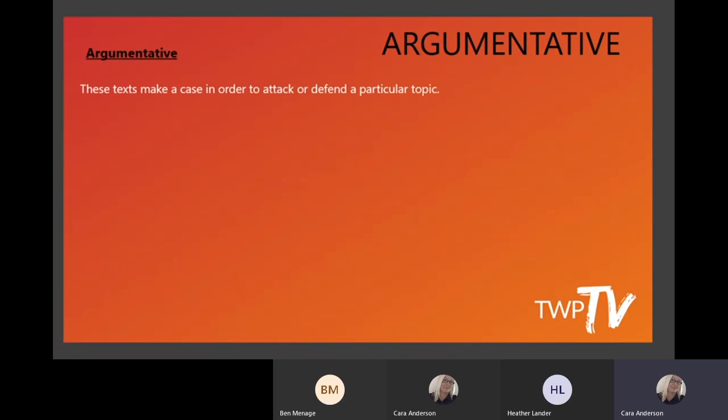these texts make a case in order to attack or defend a particular topic. So it's going to be based on a similar topic to whatever the other three texts are, but in this one, it might be defending the iPhone and saying how great it is, or defending technology in general, or defending the food. If it was based on three different texts on fast food, one person might say how accessible it is, and if you've got a busy lifestyle, you can feed your kids, and it's cheap. Another one might be very argumentative of how to